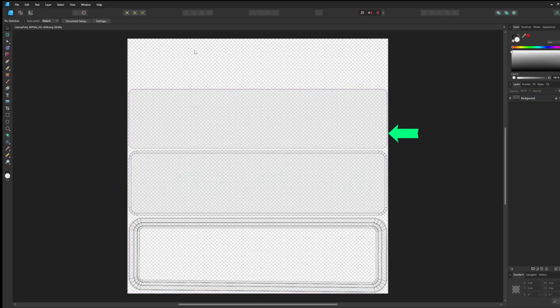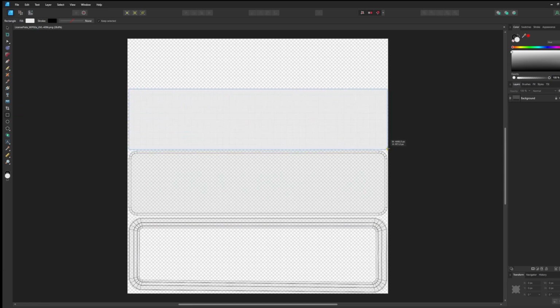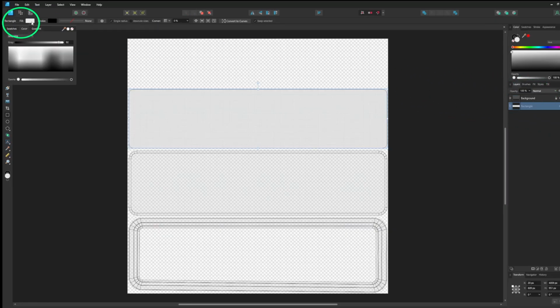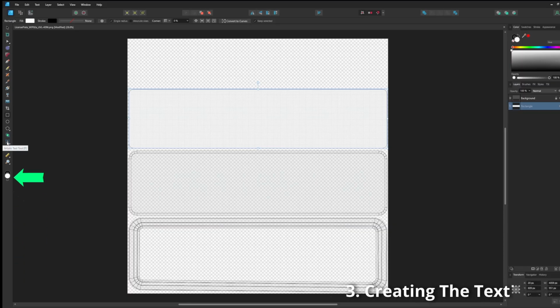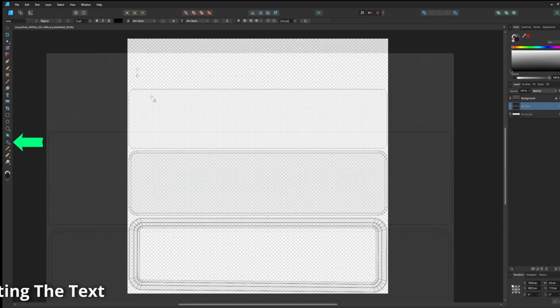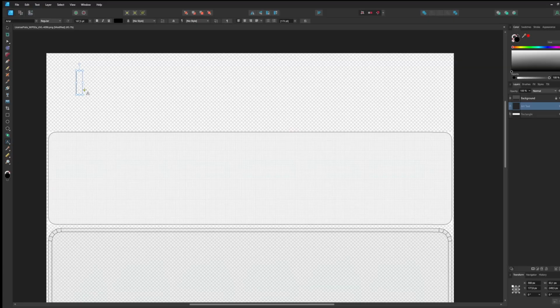So I select the rectangle tool and draw a rectangle which serves as a background. It also will define the area to export, we will see that later. I change the layer order to have the template on top. And I set the rectangle's background color to white. Now I'm ready for some text. The artistic text tool lets me write straight away. What shall I write? Let's go for MC